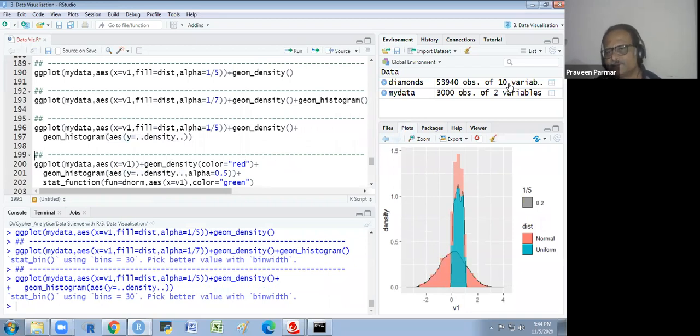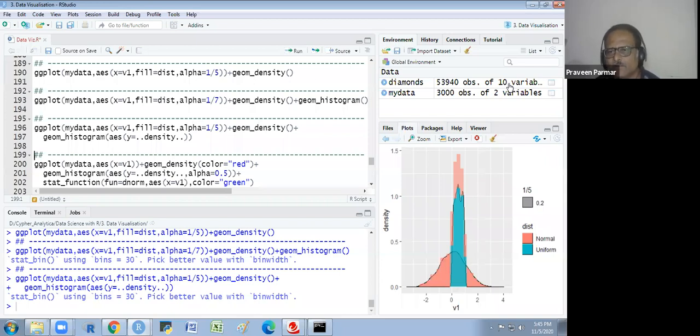Look at this. There is a histogram as well as our density. But I suggest you only create the density or the histogram, whichever, the one only, not both. You don't want to mix both things. Don't try to mix it.